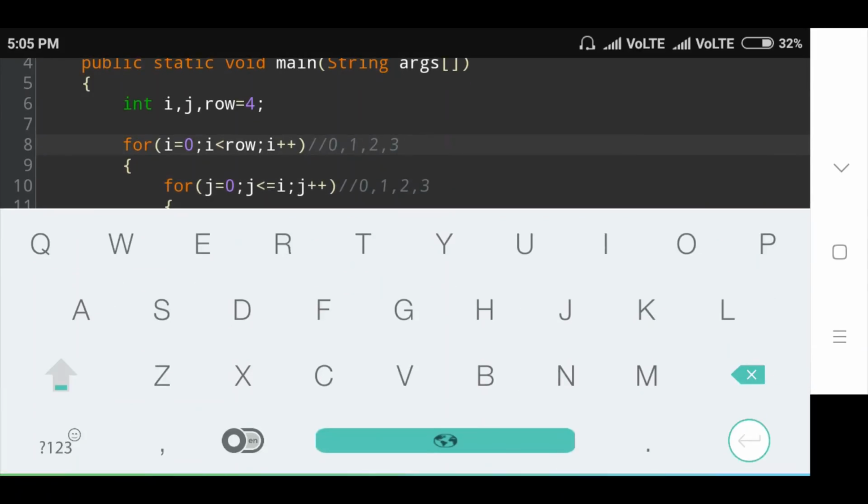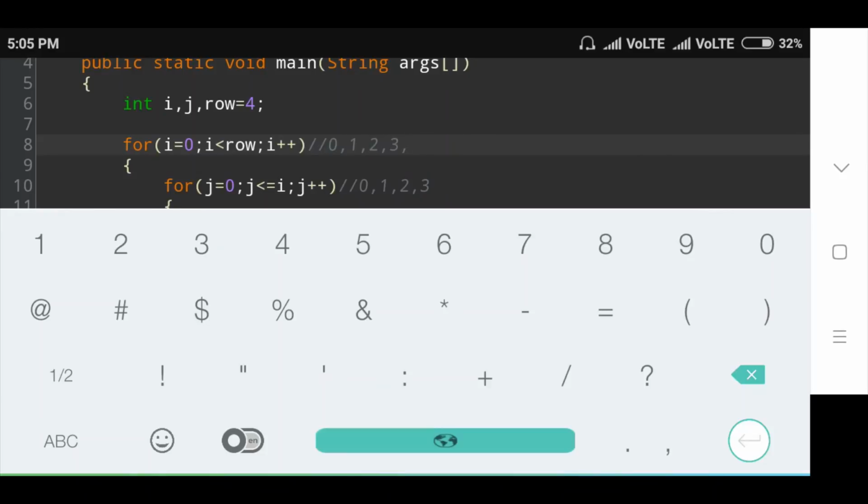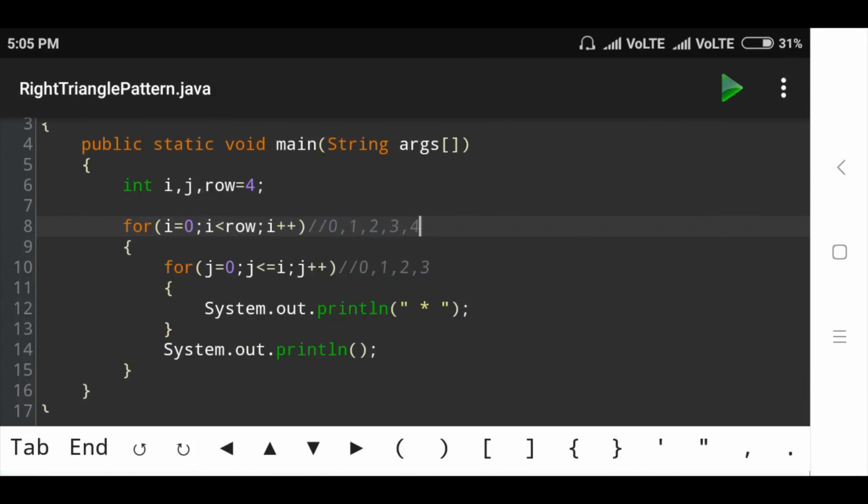Then again go to the i for loop. Here initial i value is 3, then i value is increased by 1, i value is 4. Then check whether i is less than the row value. I value 4 is not less than row value 4, so here the condition is false.